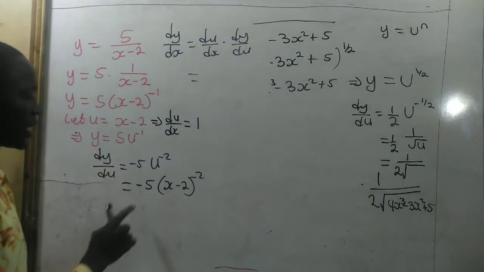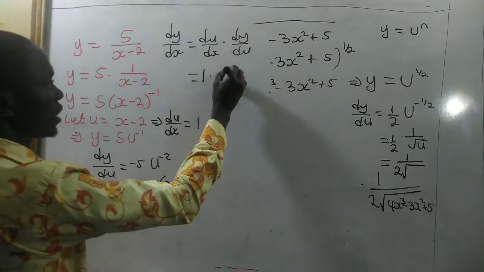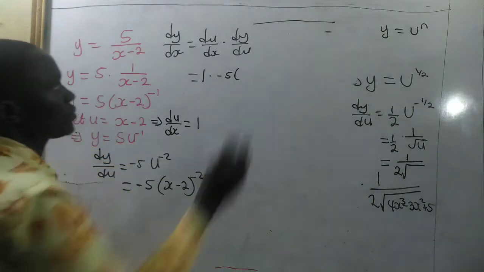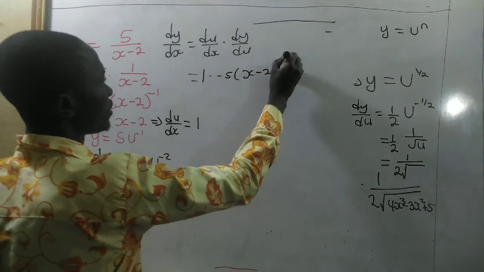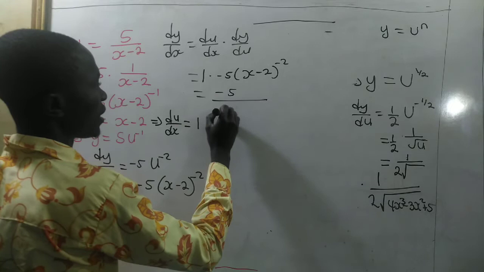And this will be given by 1 times minus 5 times (x minus 2) to the power negative 2,